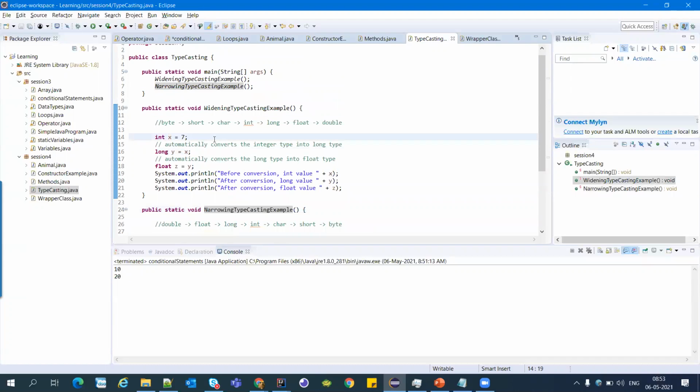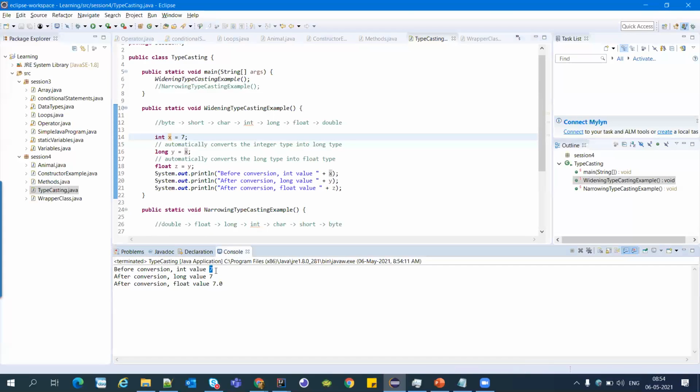So we'll see the widening or promoting here. What we are doing here, we are converting an int value into long, and then a long value into float. We are printing these values.